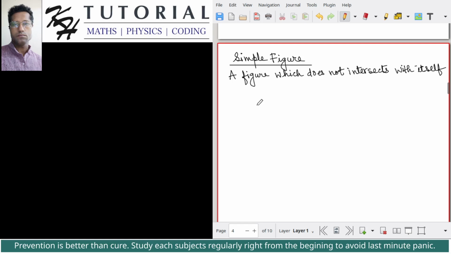Let's first try to understand what it means. Let's try to draw some figures which intersect with themselves. That is, a figure intersects with itself means that while you are drawing the figure, you are crossing a part of the figure which has already been drawn. For example,